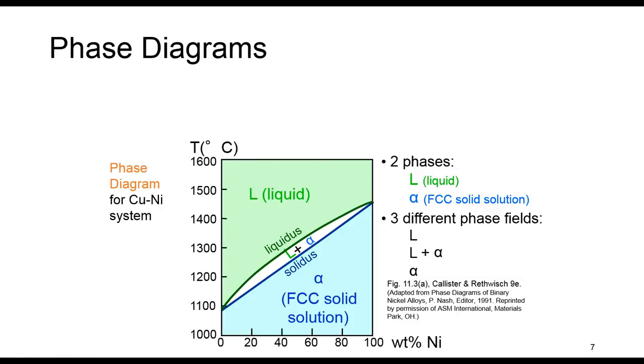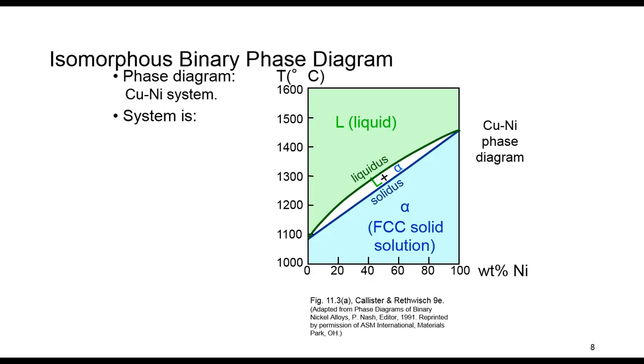The pressure is almost always assumed to be 1 atmosphere. As you can see, we have two distinct phases, liquid and alpha solid solution phase, and we have three different phase fields. One is only liquid, this one is only alpha solid, and this one is a combination of both of them. So in this phase diagram, as we are dealing with two components, Cu and Ni, it's a binary system, and because there is complete solubility of one component in another,